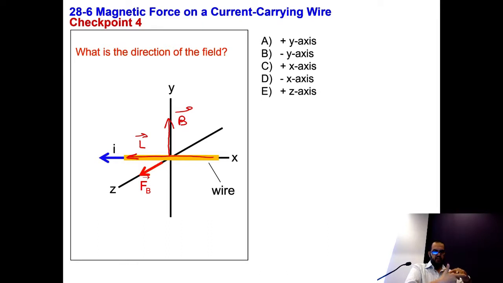Here we want the force to be in the positive Z direction. So let me see if I can set it here. This is the L vector. The force vector is coming out of the page. So what is the B vector? The B vector is pointing downwards, so it's the negative